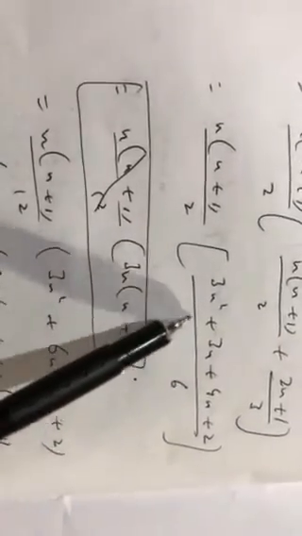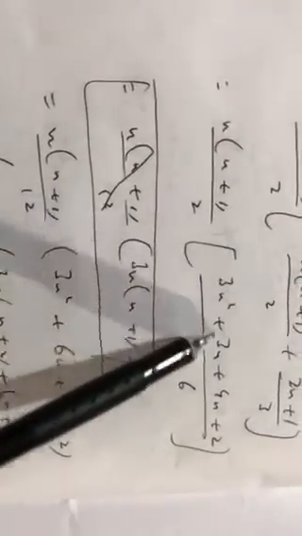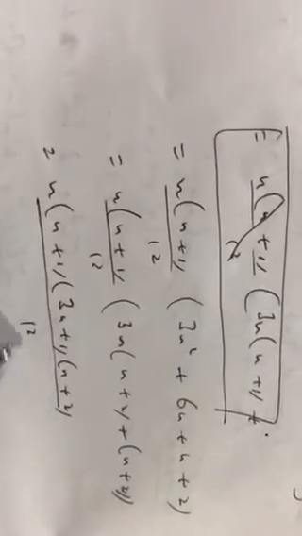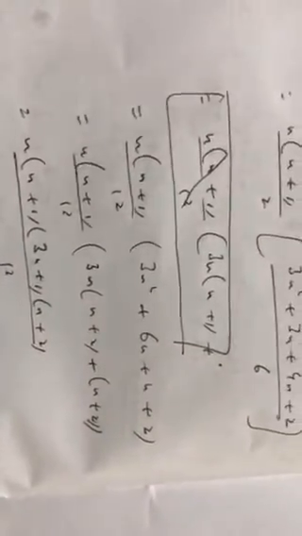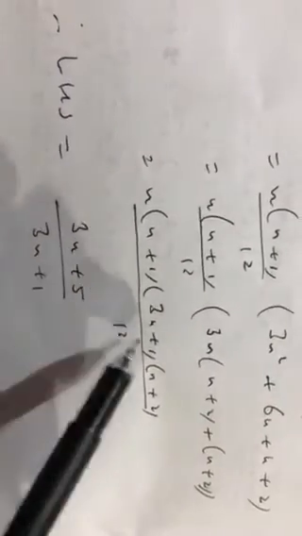And again you can do a middle term factorization of this entire thing. So that gives 3n square plus 6n plus n plus 2. Then the simplification of the middle term. And finally this is the answer. So what is this answer? This is the total of the denominator. So the total of the denominator is this, and the total which we got of the numerator was this. And now the required answer is basically the division of those two, and that gives (3n plus 5) by (3n plus 1). So this is the topic special series.